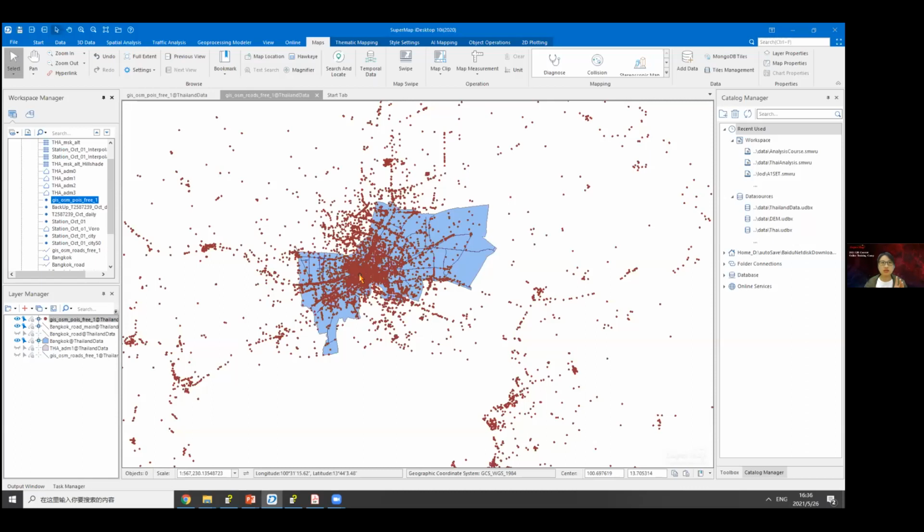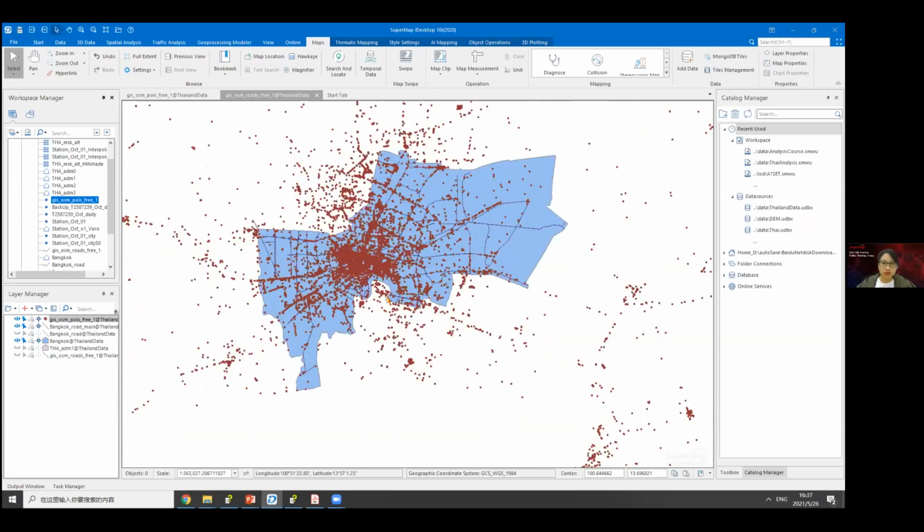The first one is the POI is in Bangkok City, and the second condition is that we only want the hospital POI. So here we can also use the spatial analysis. Here I want to show you how to query these results